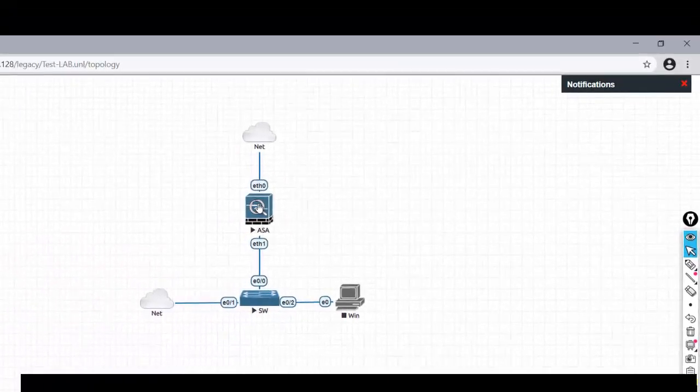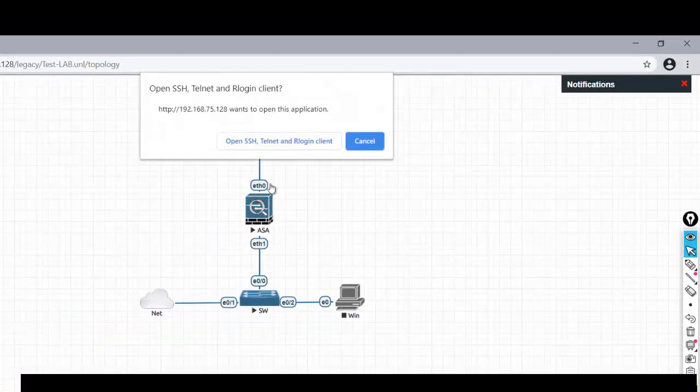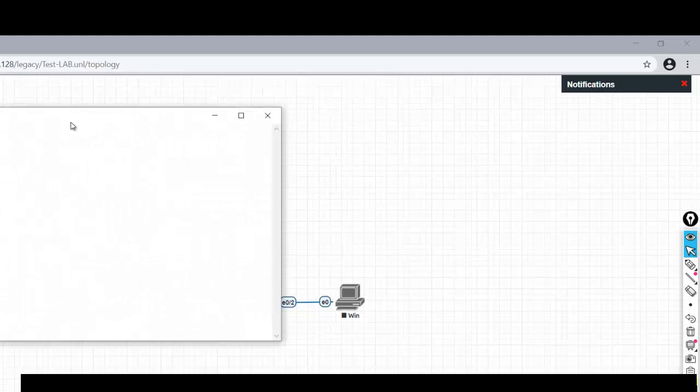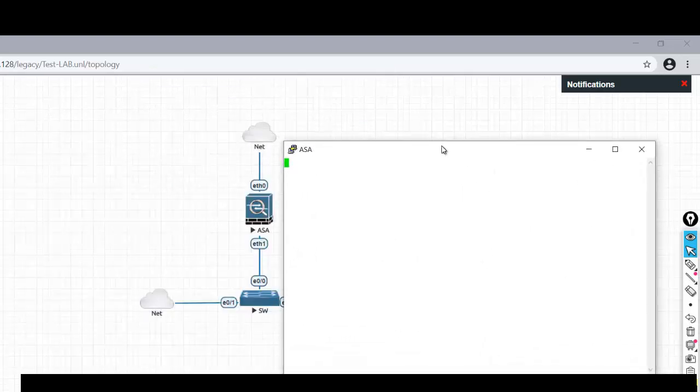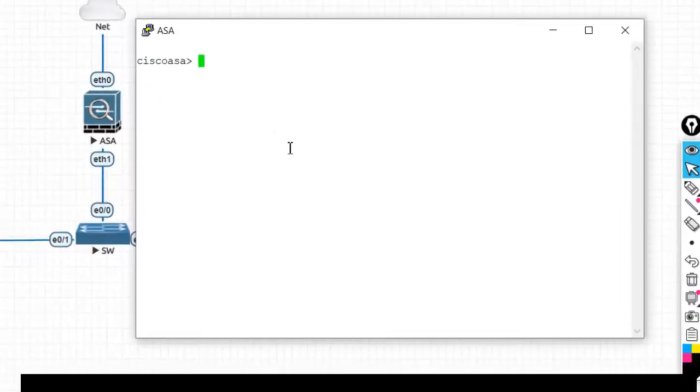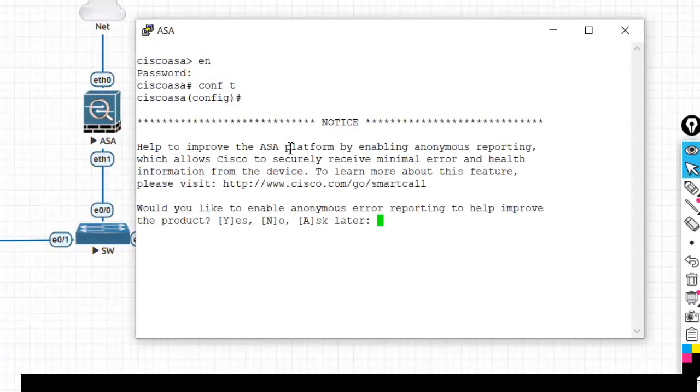Now let's start with the configuration of ASA. Just click on it, open SSH client. A PuTTY session will be open for you. No password is required here. Go to the configuration mode. We will change the hostname to ASA.